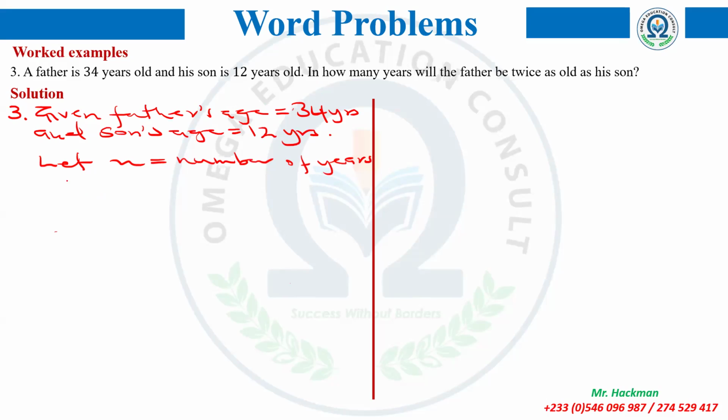Okay. So now it's x, the number of years that we don't know. So we let x be equal to the number of years. If that is the case, then this means in x years, what will be the father's age? Or let's start with the son's age. It doesn't really matter. So in x years, the father's age will be equal to